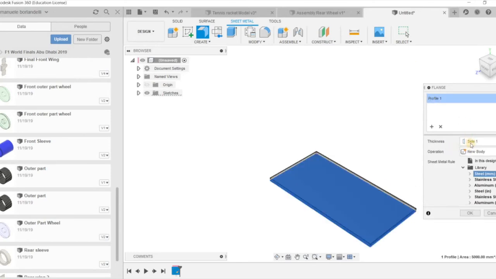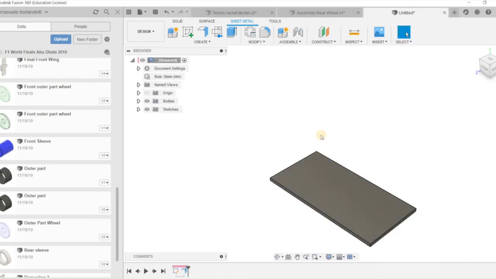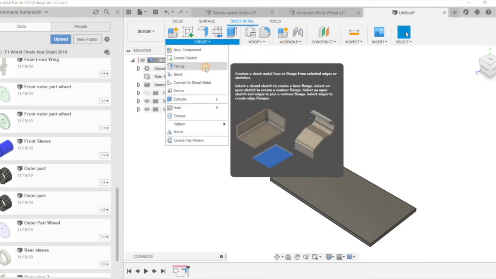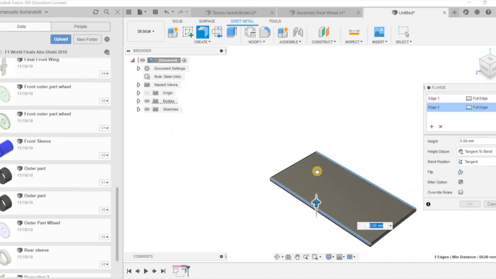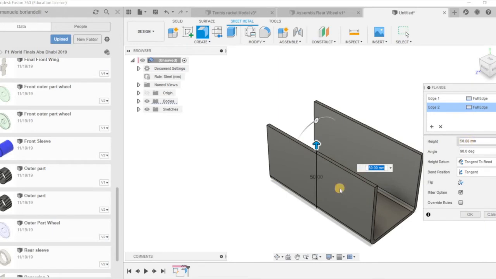First of all, flange, what it does is that you can also create your body. You can do it symmetrical, but you can also have it one side or another side. New body, you can have a new component. In this case, it's a new body, and you would also click a new component if you were to assemble it, because then it would not assemble. Then we click again on flange. I'll just click both sides, and then here I have the height, so how tall my curved